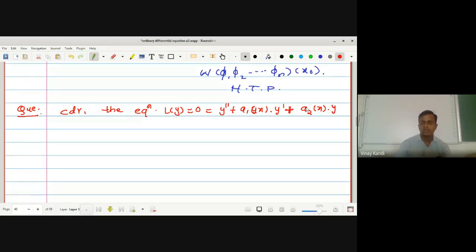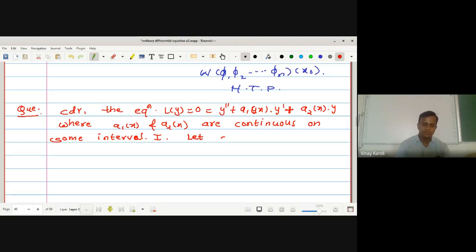Which is a second order homogeneous differential equation with variable coefficients, where a1 of x and a2 of x are continuous on some interval I. And let phi1, phi2 and psi1, psi2 be